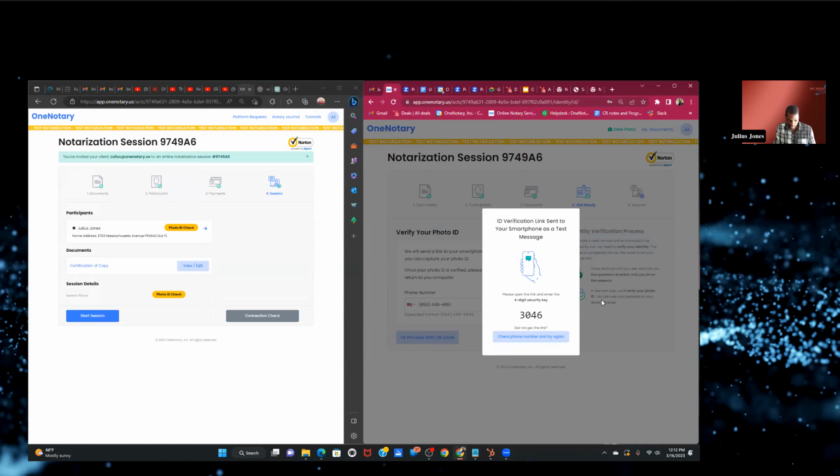Click on the link, 4-digit code, 34, submit. Take a picture of the driver's license, proceed. For this example, I'm just going to take a picture of my keyboard. And then the picture of the back will be a picture of my mouse. That way, you can see the difference.